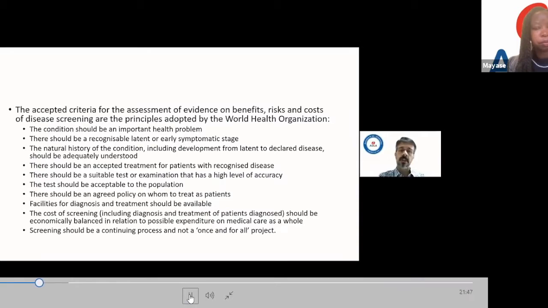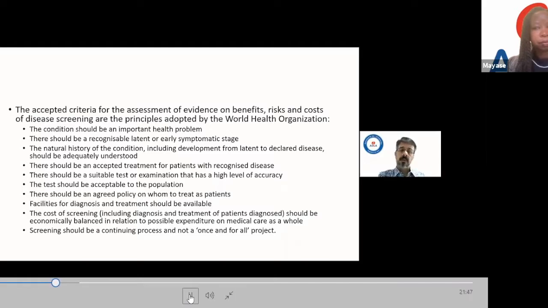We also know that even in Western countries where we do have much better treatments available for sickle cell disease, for things like infections and hydroxyurea to stop vaso-occlusive episodes, even in Western countries or developed countries, adults with sickle cell disease still suffer quite a lot of morbidity and mortality, and their life expectancy is not as good as the general population due to chronic damage from sickle cell disease. So there's no doubt that sickle cell disease is an important health problem.